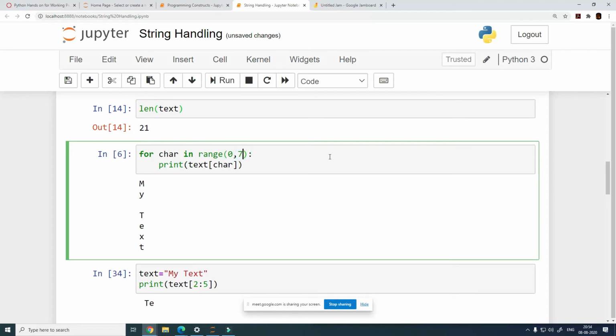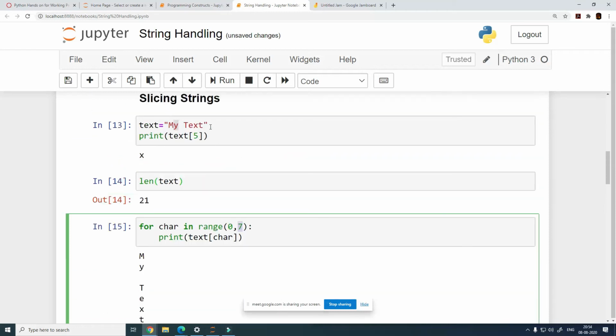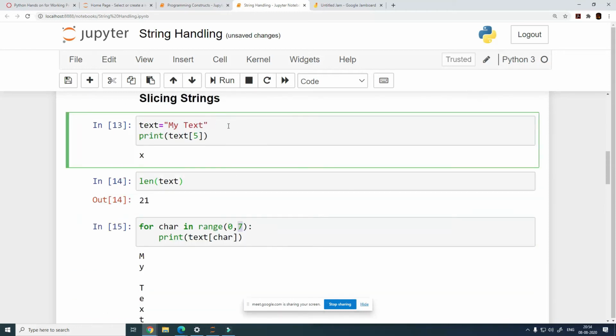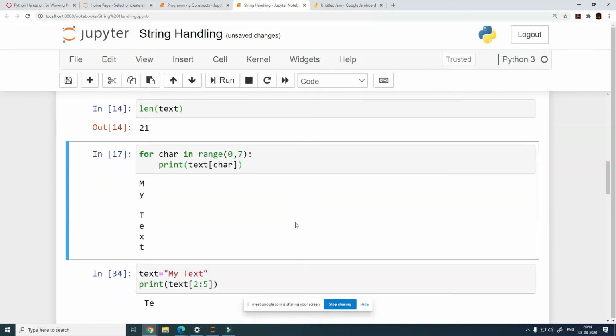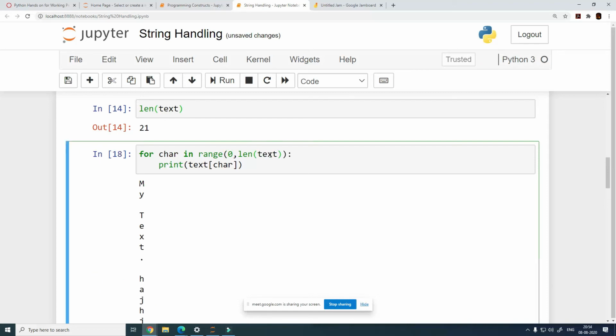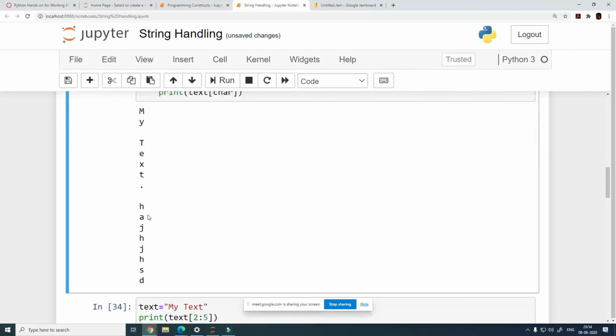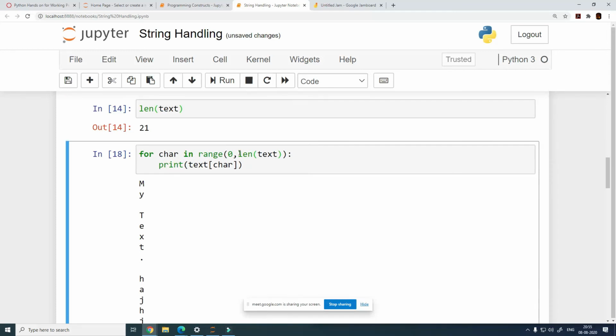Here we can also write 7. This is also fine, but it will not run for the whole text when you increase the text size. When you increase the text size, this is only going to print my text. But ideally, when you increase the text size, it should run for all the text, and that can only happen when you change this parameter to the length of text.